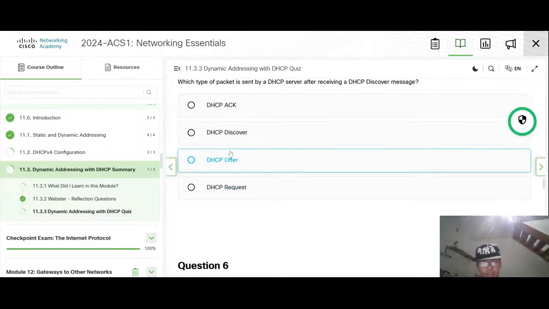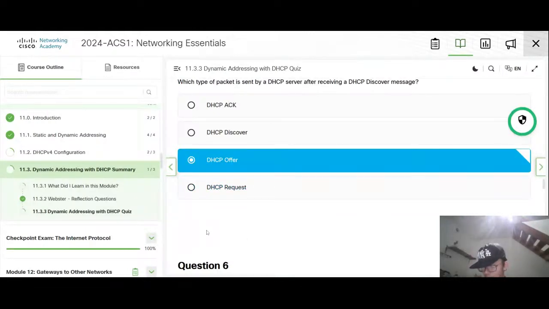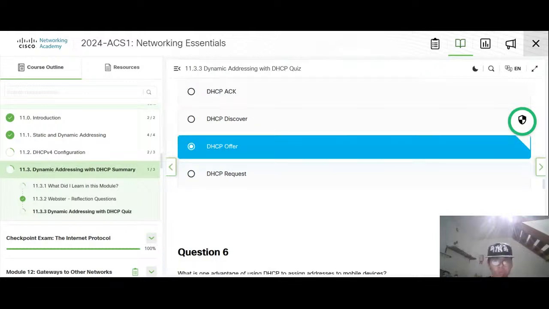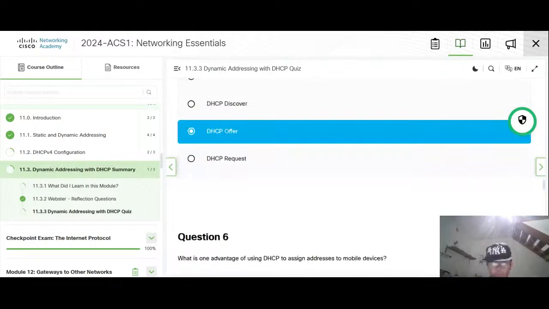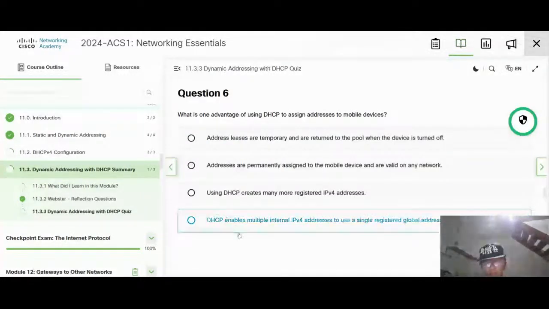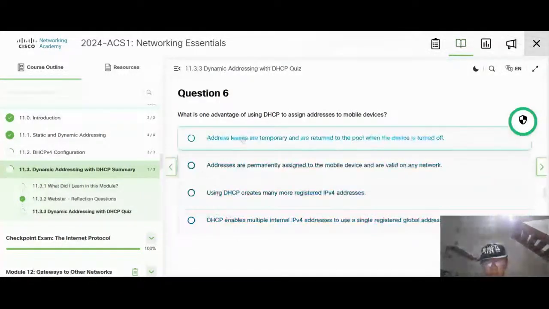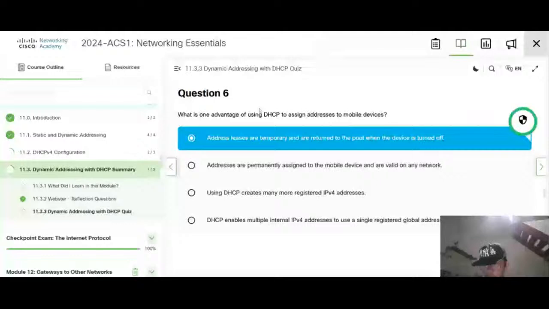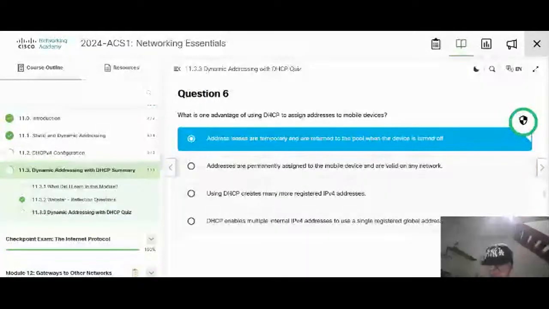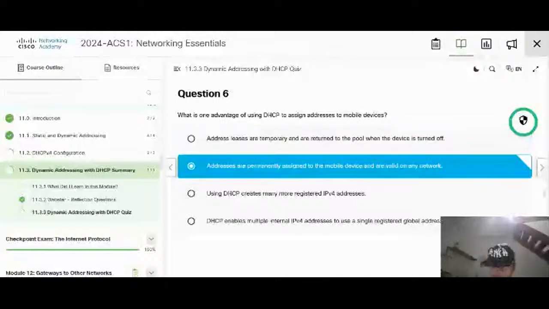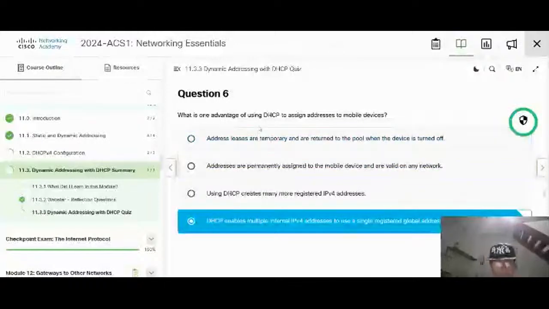After receiving the offer, the server sends us an offer, and then we will re-request for the use. This is the fact. If we use this, it temporarily shows a release and returns to the pool when the device is turned off.